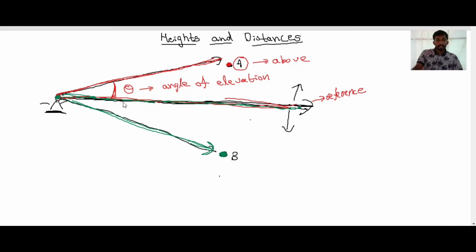Now see here also you can observe one angle theta. Yes or no? Clearly one line, another line, that forms one angle. This angle is called the angle of depression, similar to the angle of elevation. Now define angle of depression. Angle of depression is nothing but the angle between a horizontal line drawn from the person's eye and the line which joins the person's eye to the object when the object is below the horizontal line.